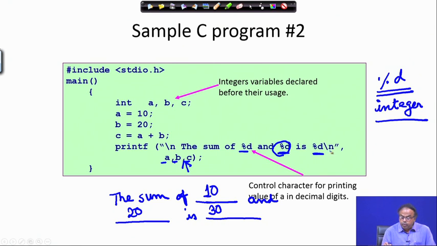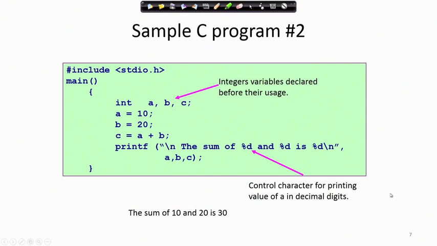So, this is how we print a sentence where I have got some places for different variables, and these places will be filled up by the values of the variables whose names are being specified here. I repeat, these gaps will be filled by the values of the variables whose names or whose identifiers are being specified here, and the type of this variable and the specification of this dash should match. Okay.